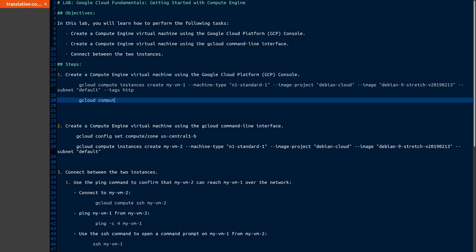Compute, firewall rules, create, call it any name. I could just call it allow HTTP, and then the rule will be the long part. Action will be allow, okay, and then